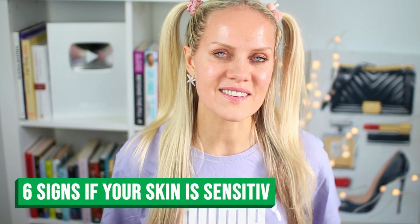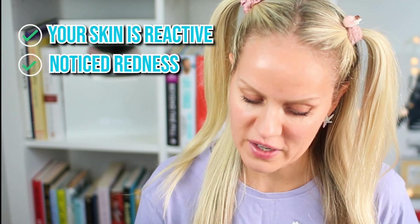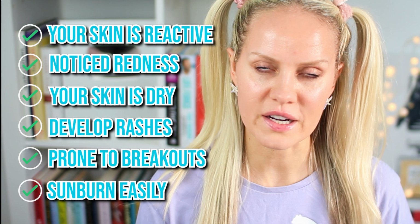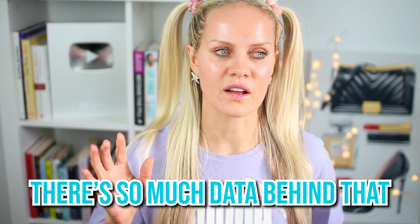And here are the 6 signs that your skin is sensitive. Your skin is reactive. You notice redness. Your skin is dry. You develop rashes. Often you're prone to breakouts. You sunburn easily. So I want us both to go to ewg.org, and I want us to go to the first toxic ingredient that I swear, and there is so much data behind that,